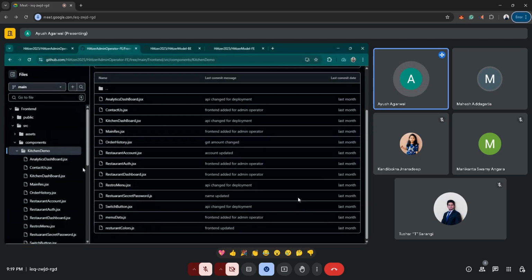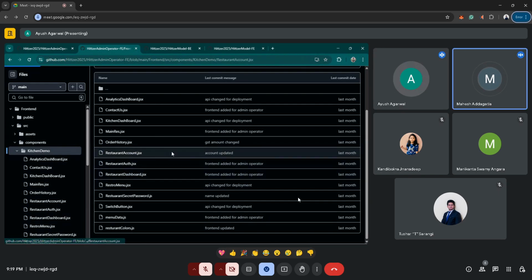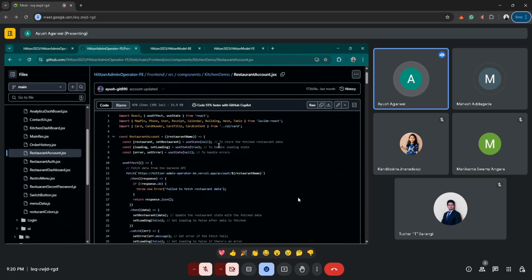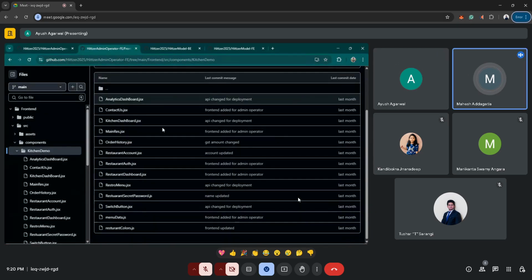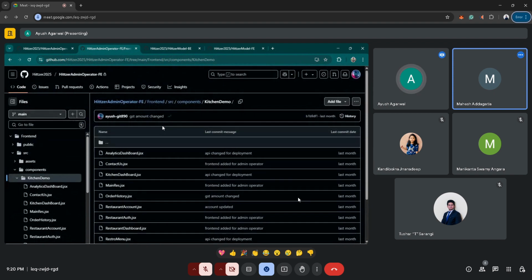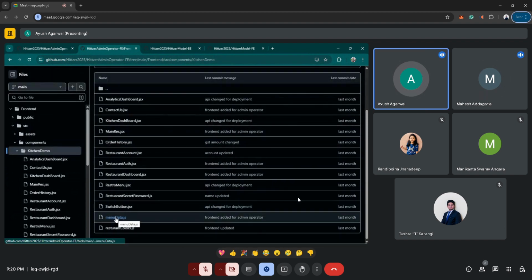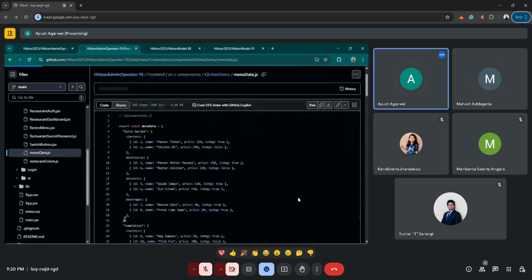So you can understand these components because the code is very simple to understand. I also use comments in front of each piece of code, so you will understand. So yes, and talking about this menu data,